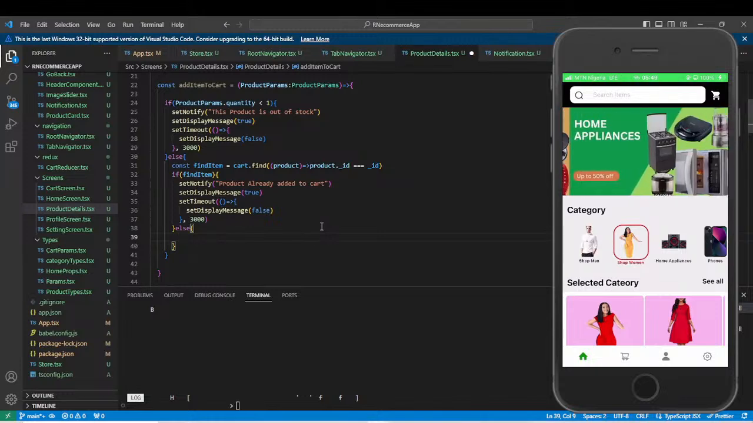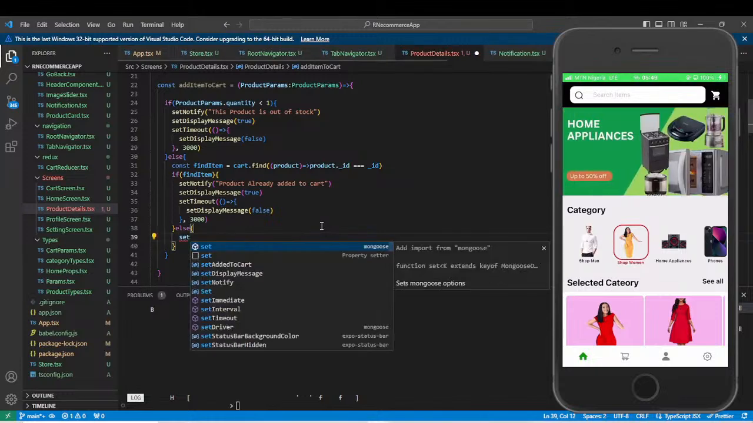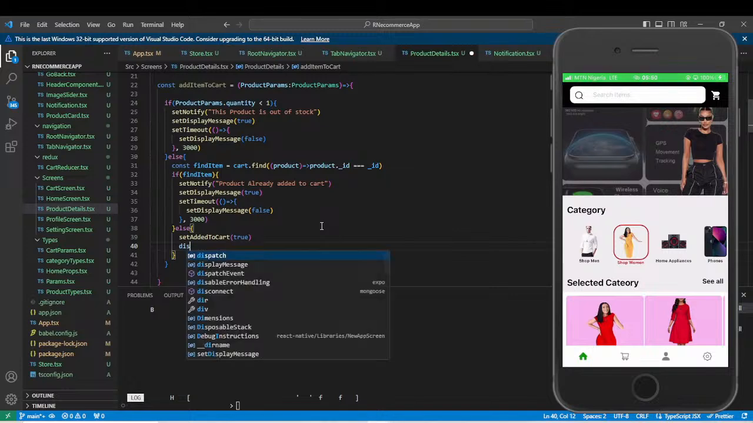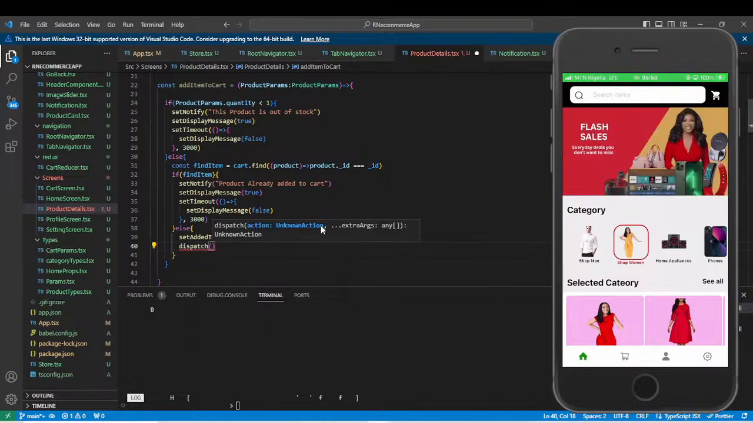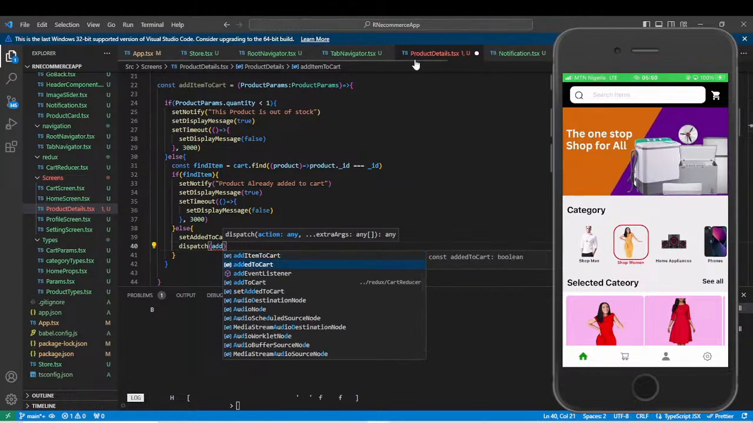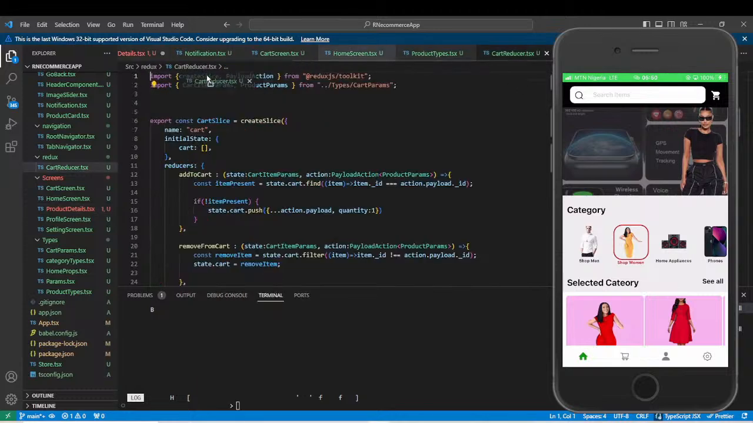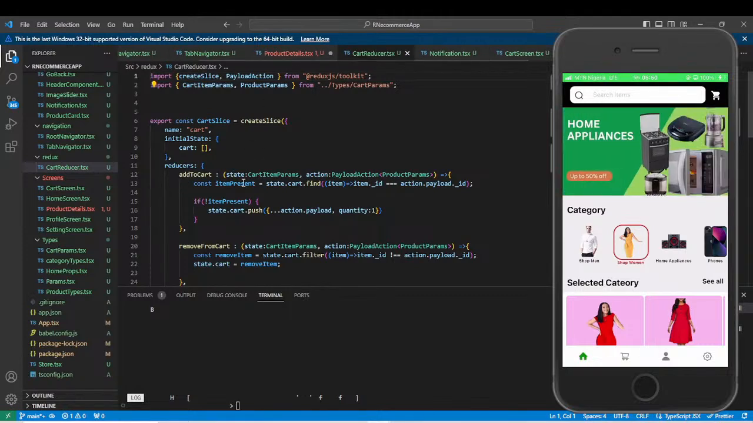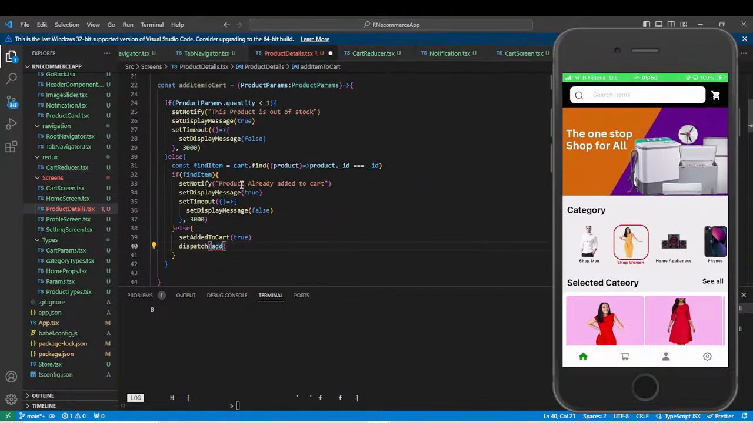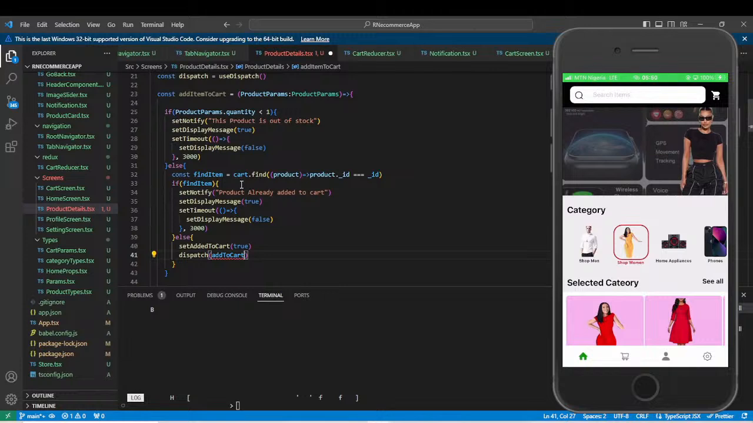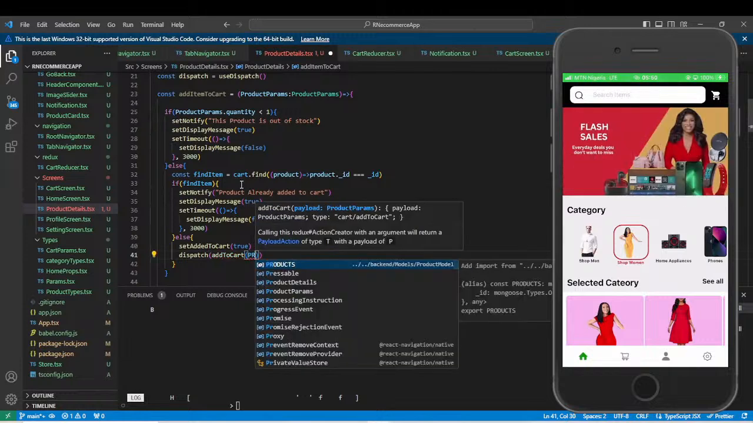So come here. The first thing we want to do is set added to cart to true, and then we'll call the dispatch. We want our add to cart that we wrote in our cart reducer. Let me bring it up here. Inside our cart reducer, you see we have add to cart, so that's what we want to use. Let's import it: add to cart from Redux cart reducer. That's what we're going to bring in,